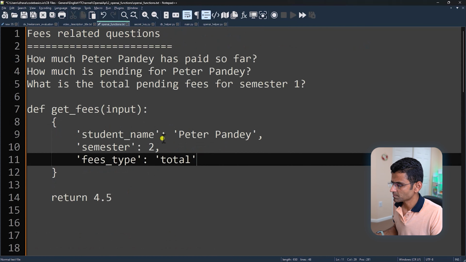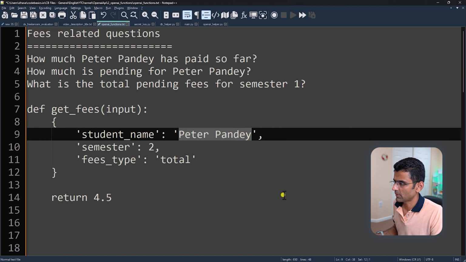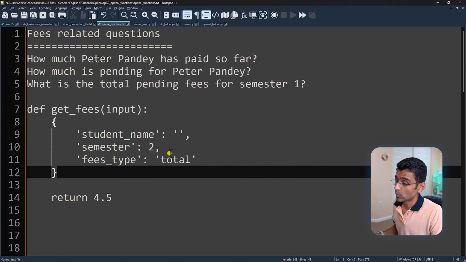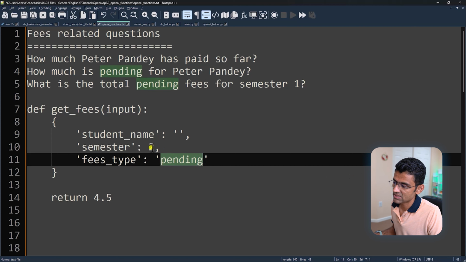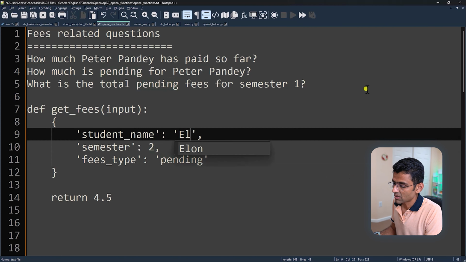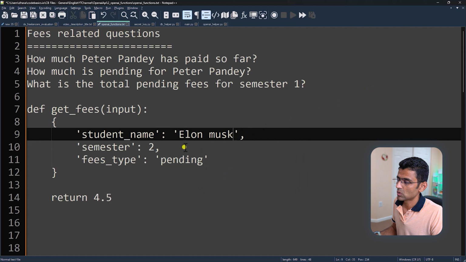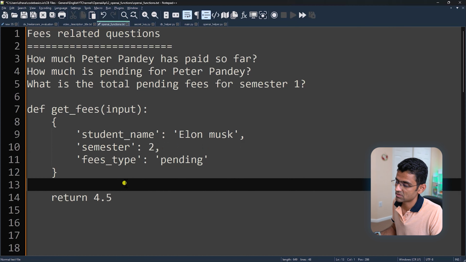Similarly here, if you keep this thing blank, we will say you are asking for total pending fees. Let's say this is pending. Total pending fees in semester 1. But if you have a student name here, you are asking for that student's pending fees in semester 2.